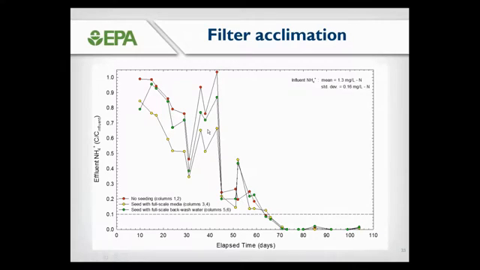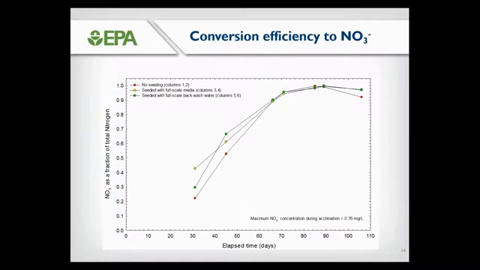The take-home message from these slides is that even though the different acclimation scenarios resulted in different rates of acclimation, given sufficient time, by the end of the study all three of these pilot-scale contactors were exhibiting complete removal of ammonia. The mirror image of this is the conversion efficiency to nitrate. By the end of the study, regardless of how these contactors were started, we are seeing a complete conversion of ammonia to